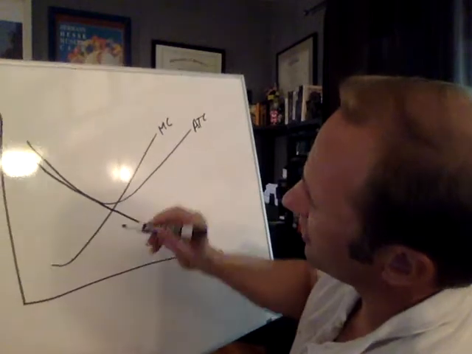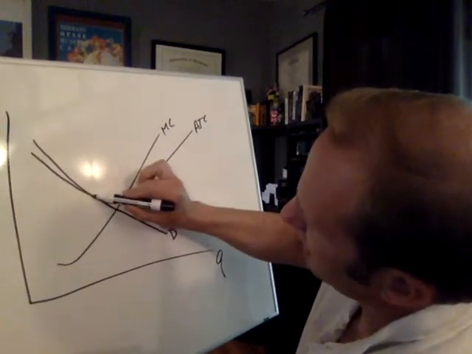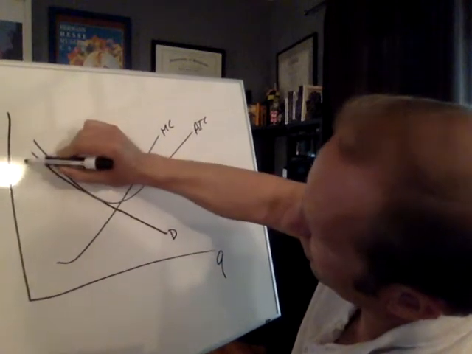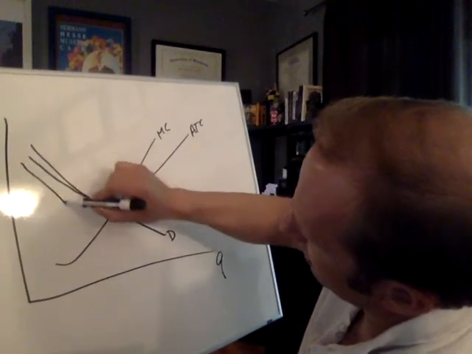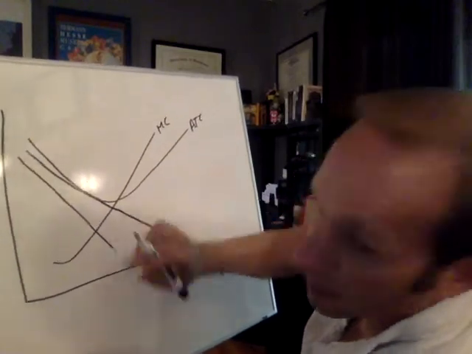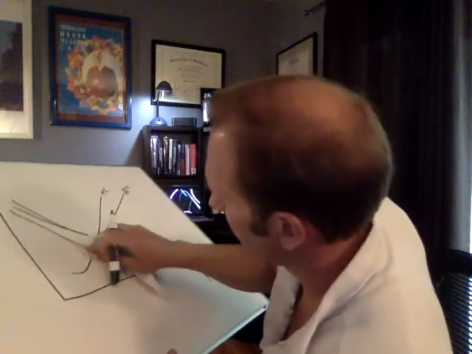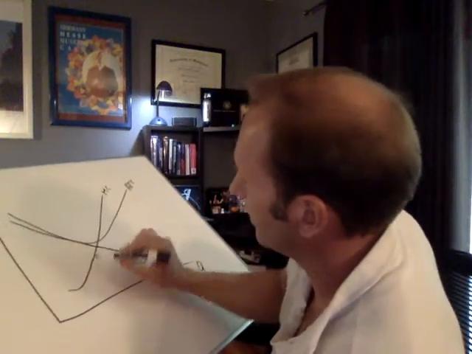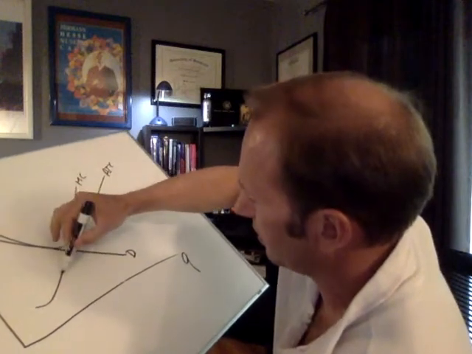And that happens right at the place, let's say that is here, where marginal revenue, I missed. This is hard. This is the hardest one to draw. Right where marginal revenue